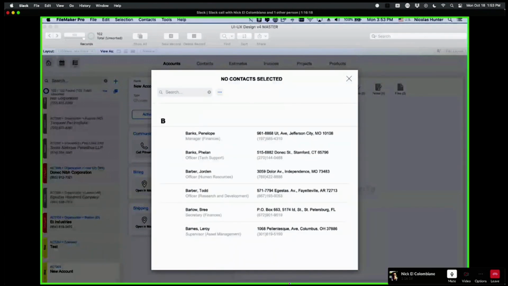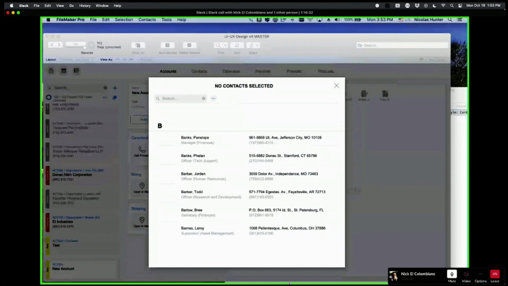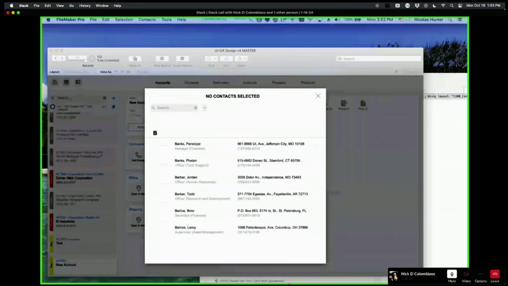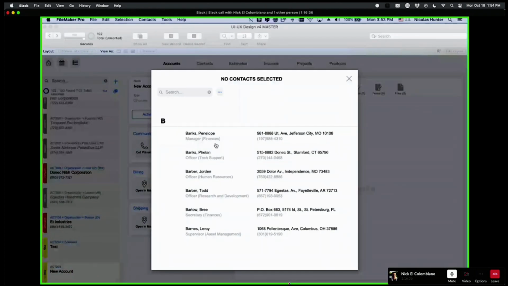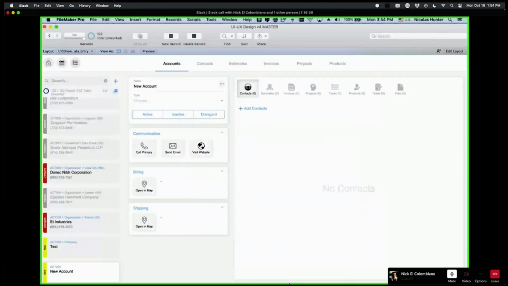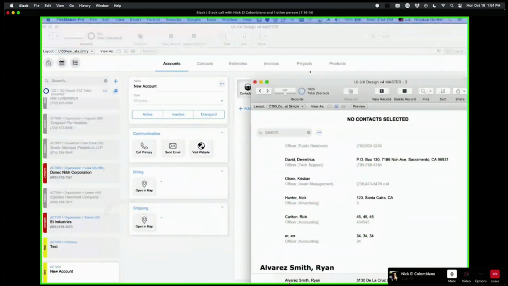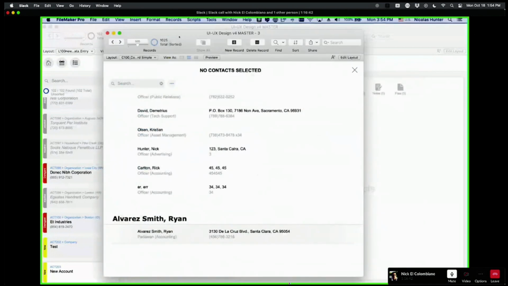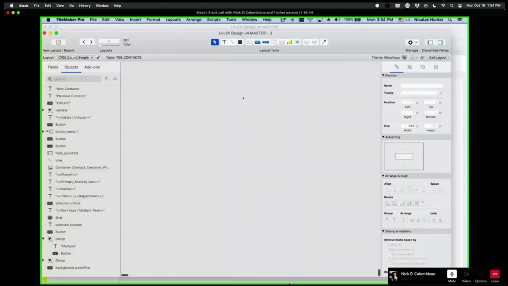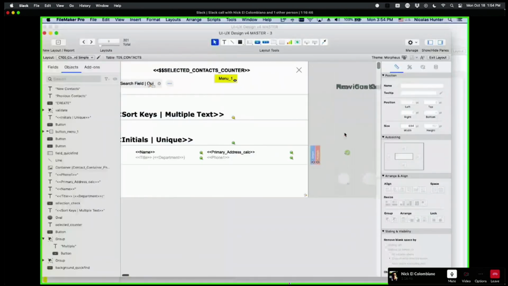But now I want that to be in action. I want that to work. I want to be able to select the people now. So we are going to add a new UI on top of this. We are going to enrich it, and I want to build something great. First of all, I want to have